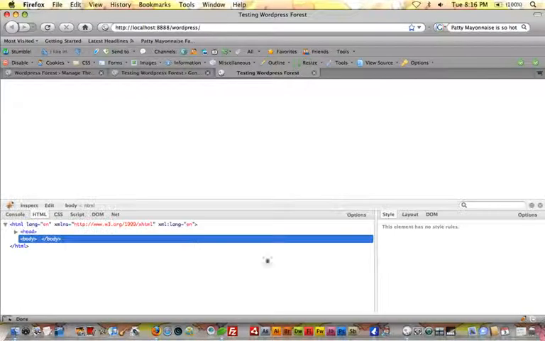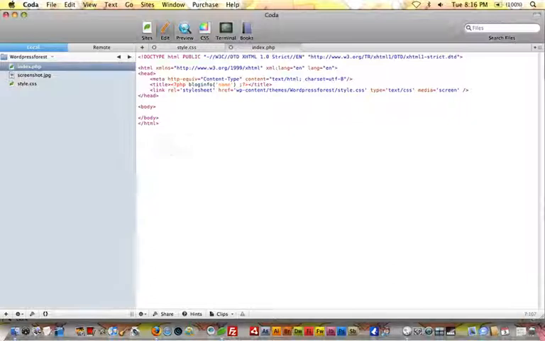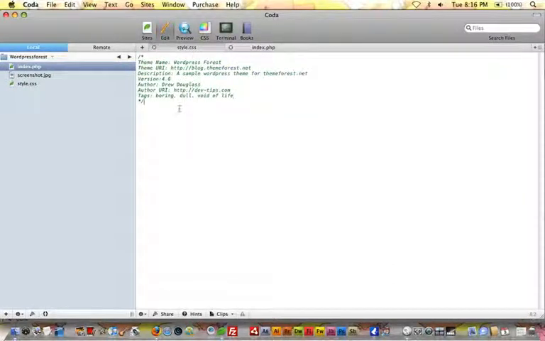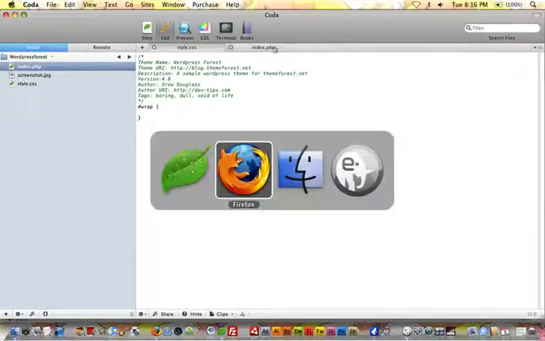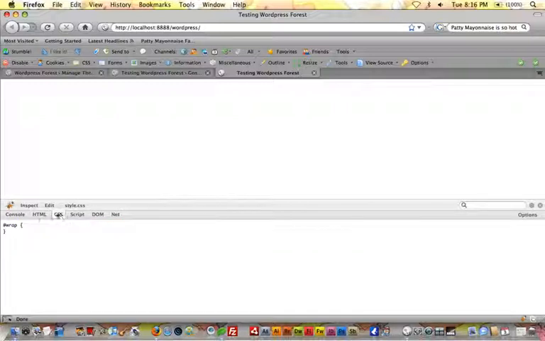If we pull it up here in Firebug, let's go ahead and add a style to our style sheet so we can be sure that it's showing up. We won't even fill anything. We'll just give it an ID of wrap. Go back to Firefox and refresh here. Okay, now we can see that wrap is showing up in Firebug, so our CSS file is getting linked to,